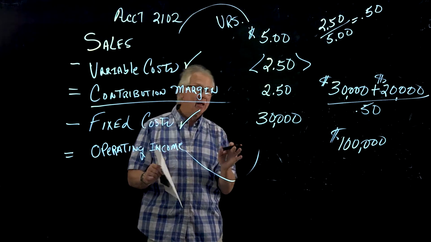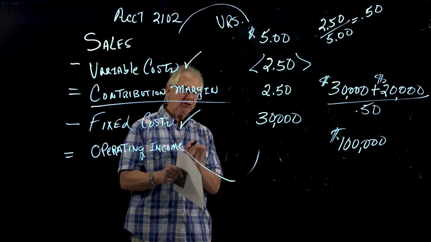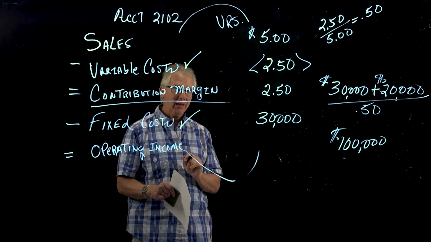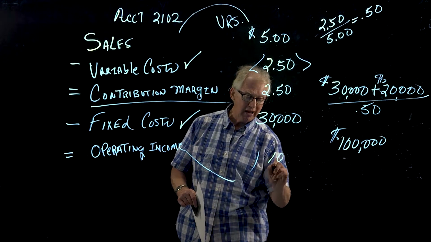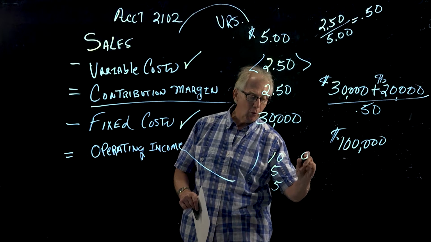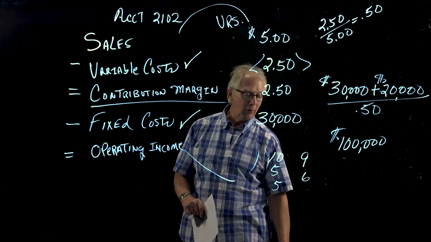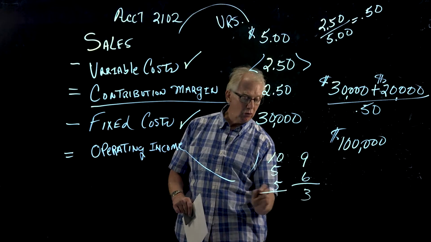I'm not going to stand here and tell you what's going to happen to break even, but I will tell you how to solve a problem like that. And I always just use fictitious numbers, like I may go 10 minus 5 is 5. Okay, lower sales price by 1, raise variable cost by 1. Okay, 9 minus 6 is 3. Okay, what's the new